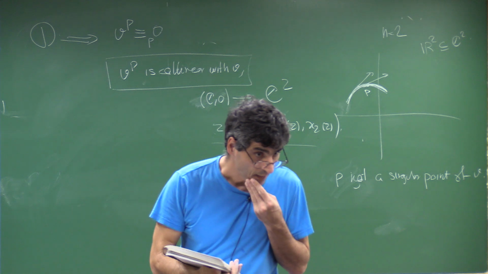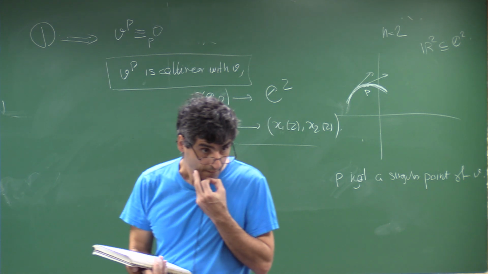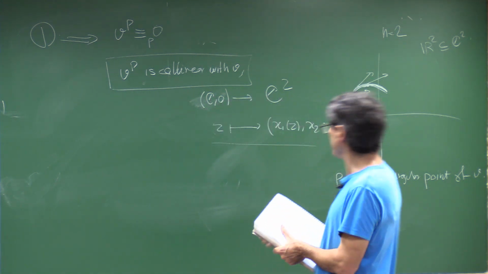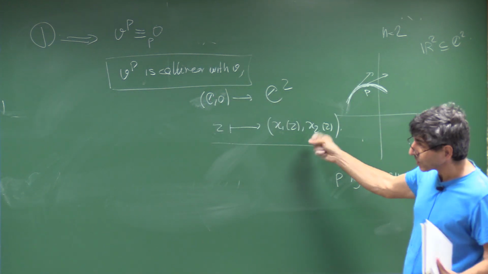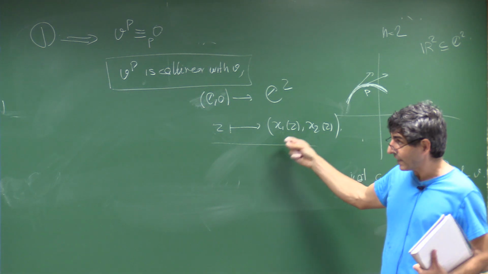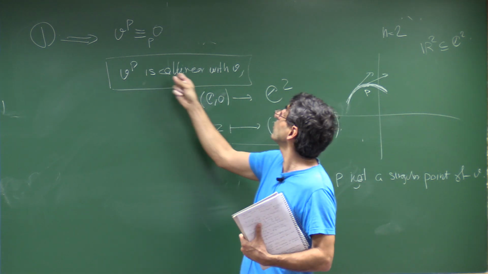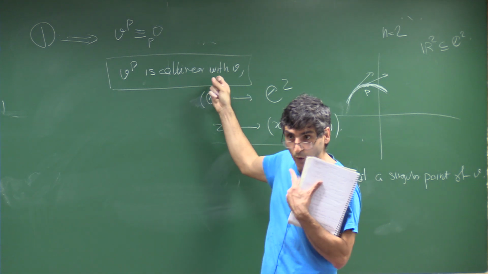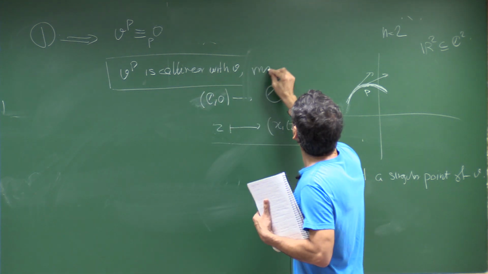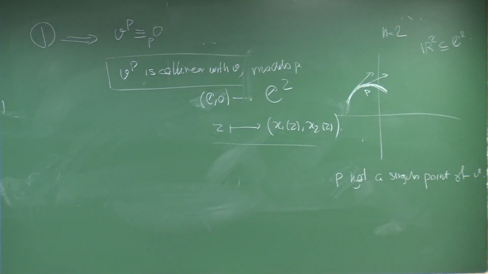You said that V is algebraic indeed if X1 and X2 are algebraic as a function of Z. Is that it? Now, in this one, I'm using as a function of Z. But what I wanted to formulate is that the image is algebraic, and then if the image is algebraic, we will get this condition that VP is collinear with V modulo P. But anyway, I will not try to correct this one, but at some point we can discuss it further.